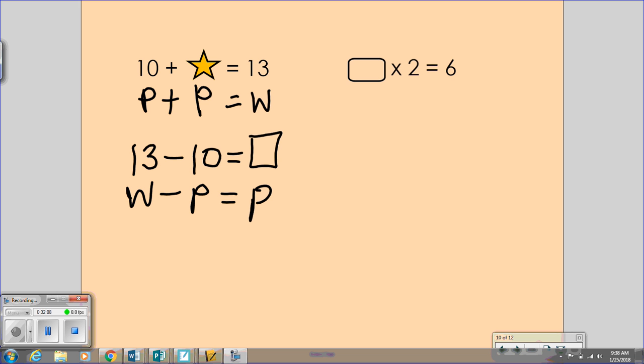Box times 2 equals 6. Most of you can look at that and immediately know what box is. That's cool. Awesome. But let's practice some more flipping that around in case we didn't know what box was. How would I flip that equation around? Yes, that's correct. Because multiplication and division are inversely related. They are opposites. Somebody tell me, what is this going to be flipped? Go for it, Sam. 6